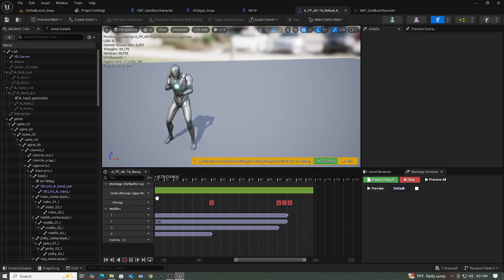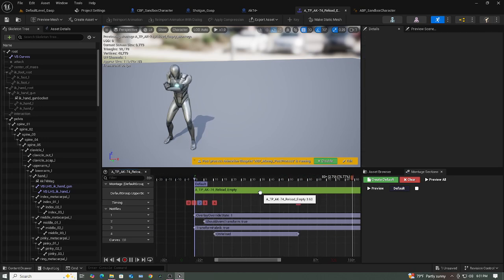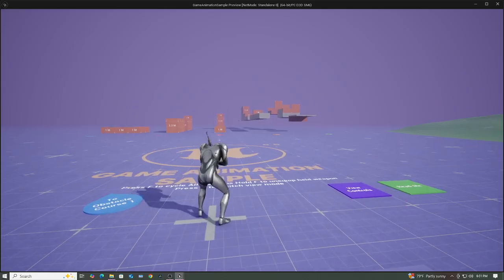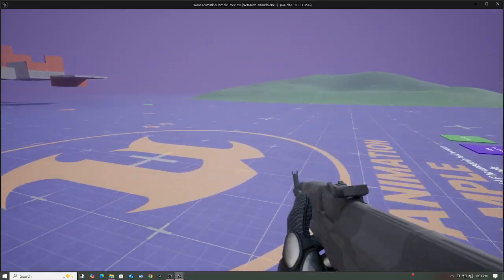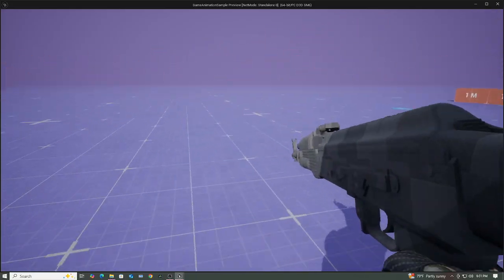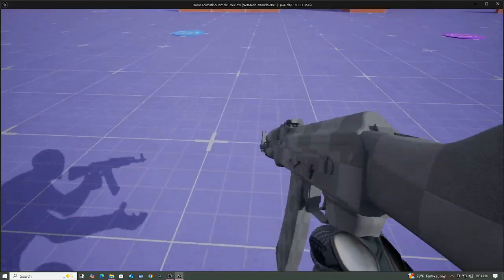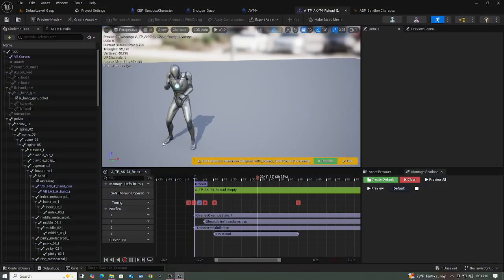So that's how to set up the animation montages so that you can achieve something good looking. Again, it will depend on the weapon asset that you're using as well as the animations. So for the other part,